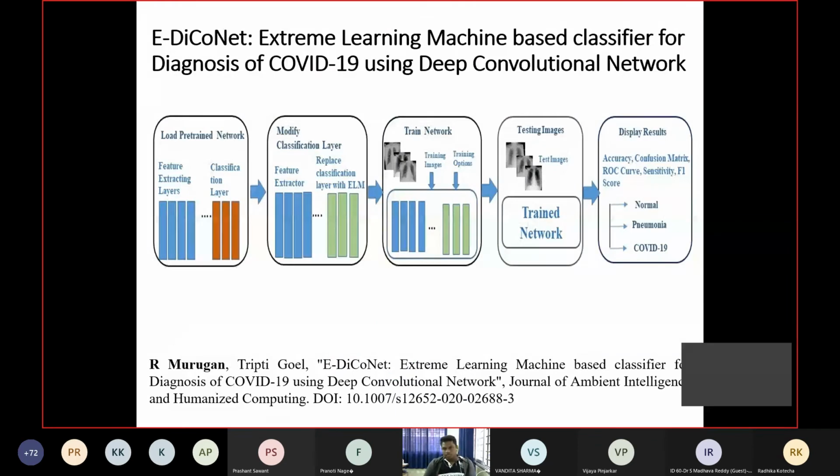As you can see here, I recently developed a technology called eDiconet, for diagnosis of COVID-19 using a deep convolutional neural network. This particular architecture can classify whether an image is normal, pneumonia, or COVID-19. In this architecture, I used the extreme learning machine classifier to train the